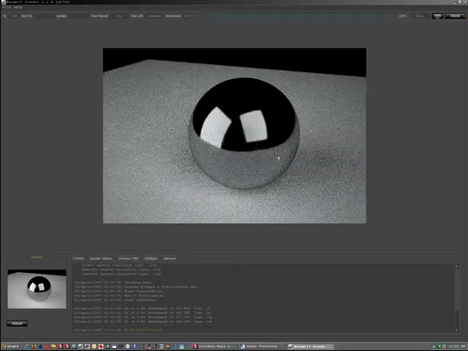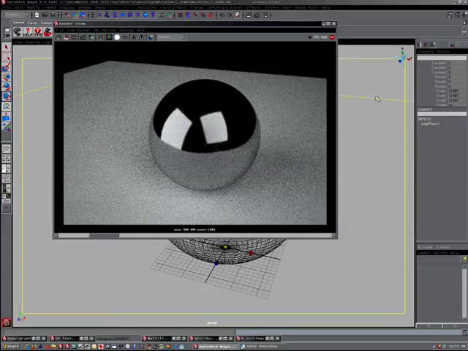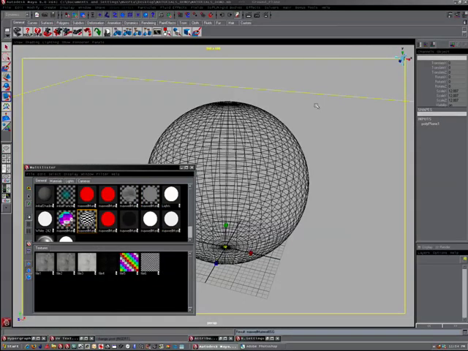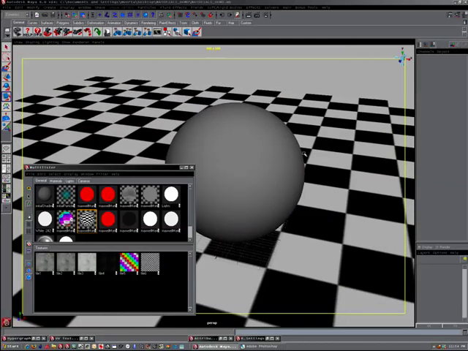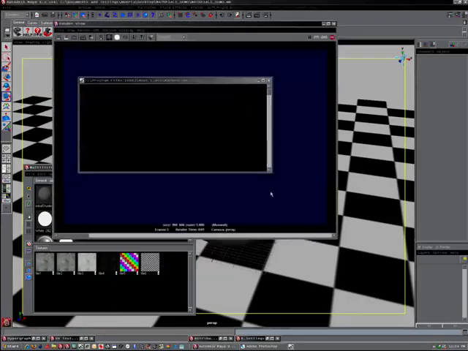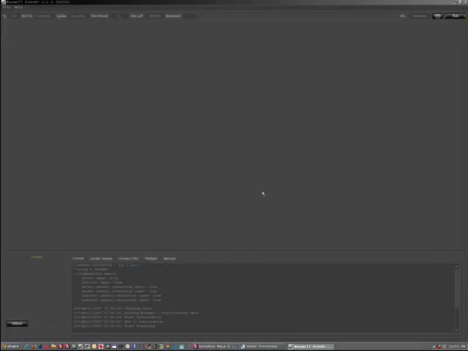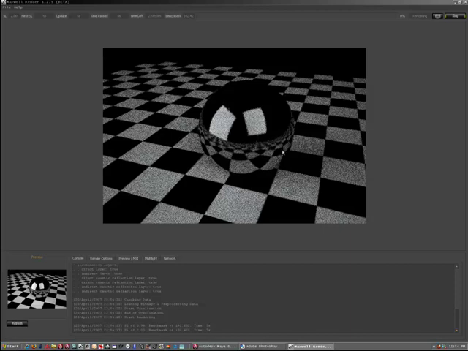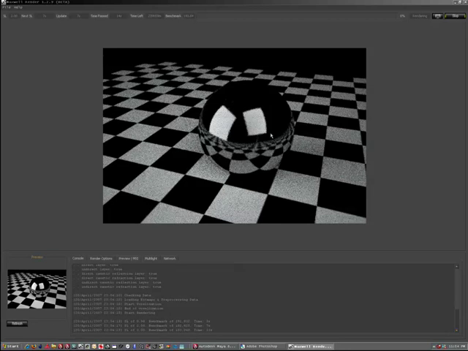Personally, I actually go one little step further, which is instead of using a plain white ground plane, I like to use a black and white checkerboard pattern. Something with a fairly dense pattern in it. And I do that because, first of all, it's black and white, again, so it's not polluting the color of the surface with any color, but it's also a repeating pattern that's sharp. So if I've got anything going on bump-wise or like the scratches here, I can clearly see it by the effect it has on the reflection. So this is my preferred setup, and I use emitter planes